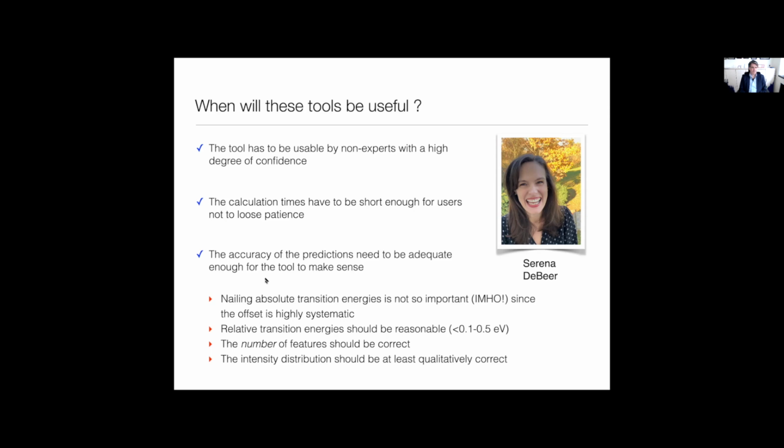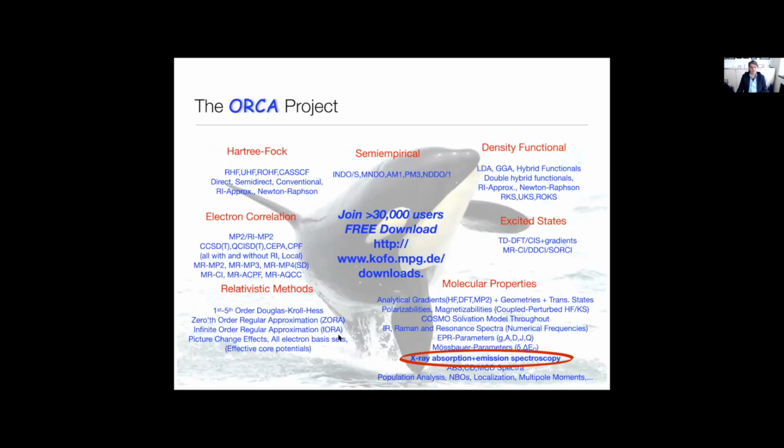And of course, the intensity distribution in these peaks should be at least qualitatively correct, right? We're not doing absolute cross-sections, but the relative intensity should be qualitatively correct in order to allow for assignments that are reasonable or even accurate. That is a fairly stringent list of requirements, but I hope to convince you that present-day quantum chemistry has come a long way in being able to meet these goals. Not always perfectly, but in many cases, it's quite useful, and that is what I bring to your attention.